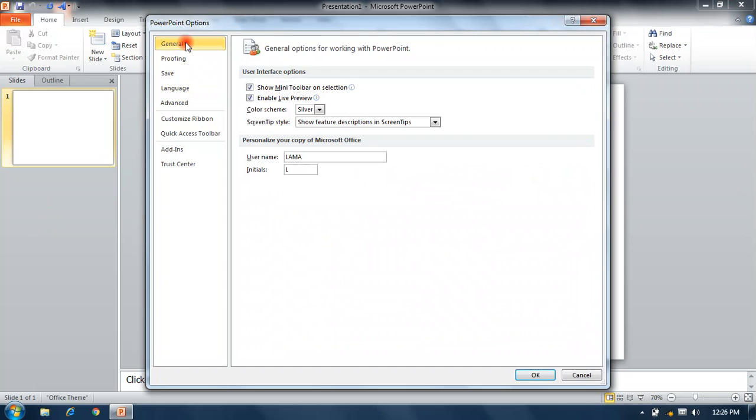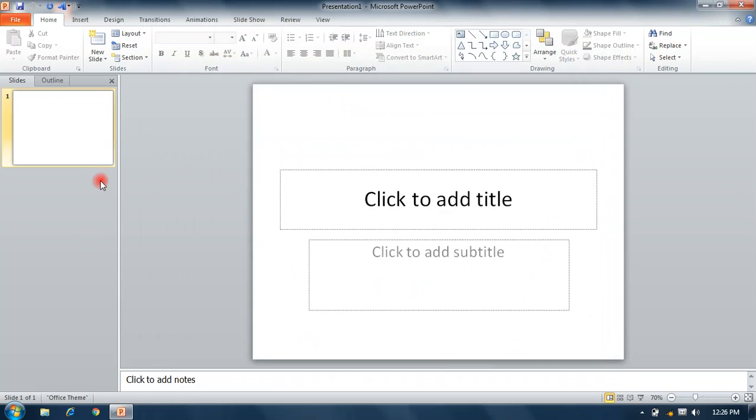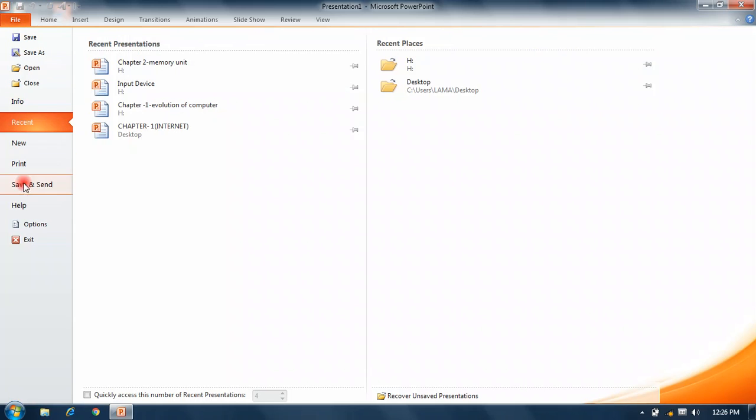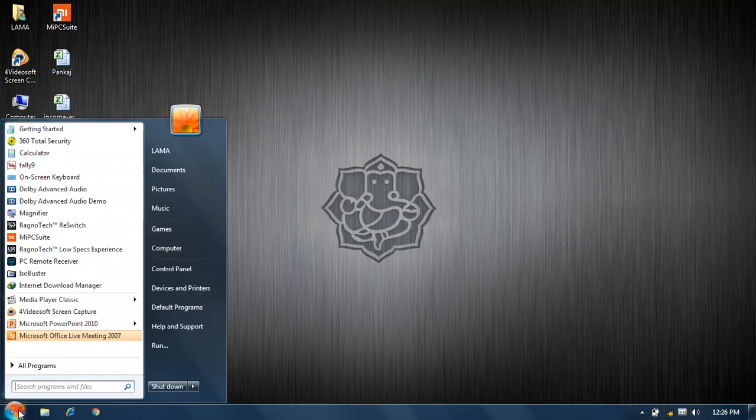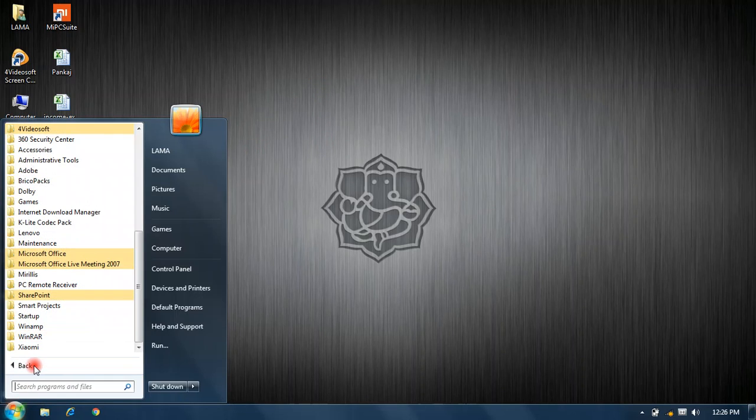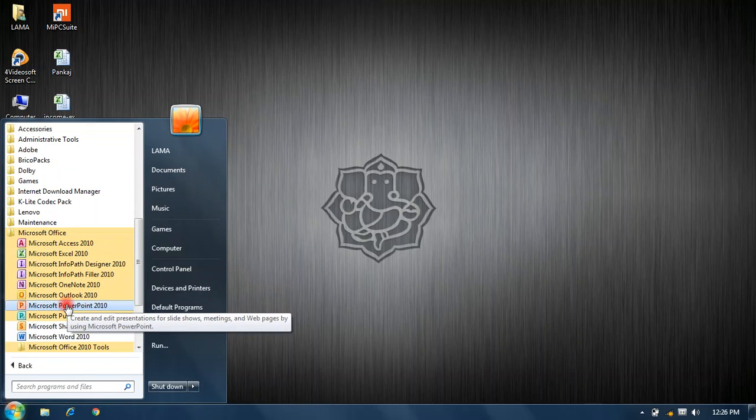This is used for some customization or alteration of your documents. And another is Exit. Click on Exit, and we can exit from our current program. Now again we click on the start button, all programs, MS Office, and PowerPoint.